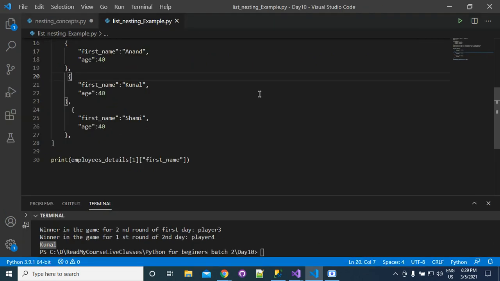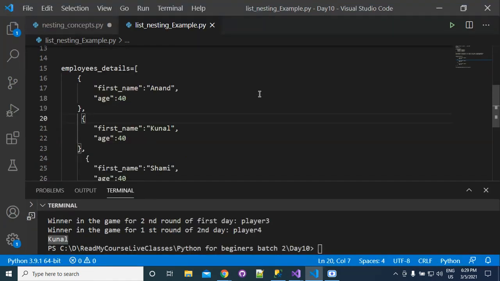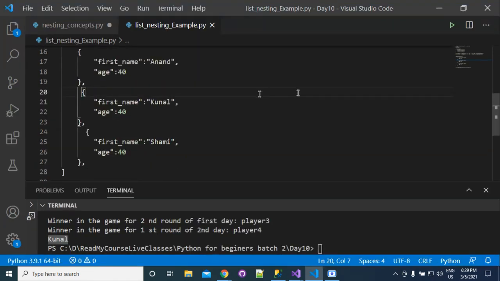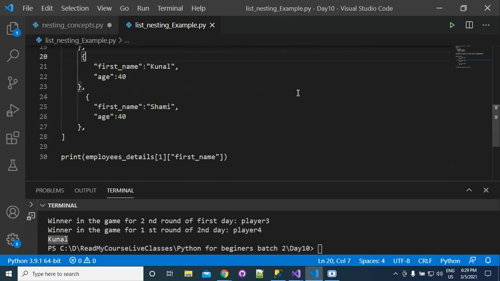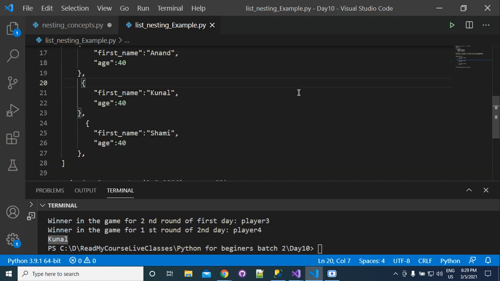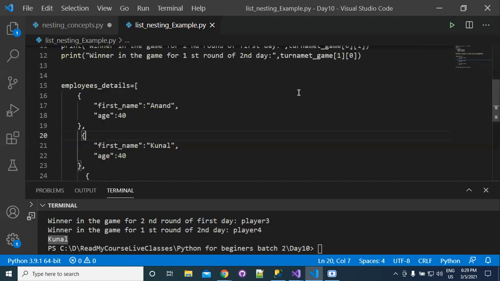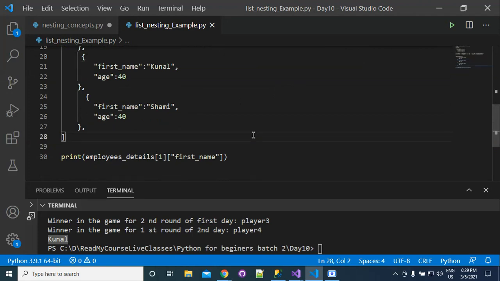Yes. So this nesting is completed. Now you can work with the nesting. Okay. And I will give you an assignment today. Okay, and now you can work with all the data types that we have completed. So here, all the data types and nesting and their applications have been completed.